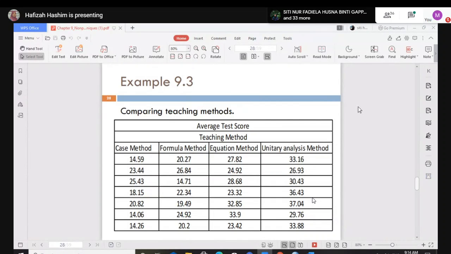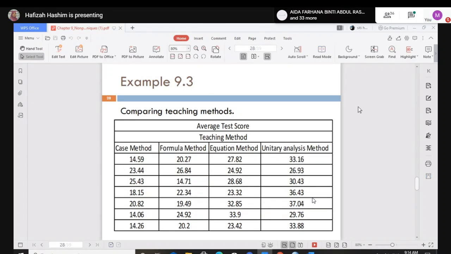All right. Now, from this one class, how can you key in the data? What are the variables that you need to key in inside your variable view? Two variables: average test score and teaching method.